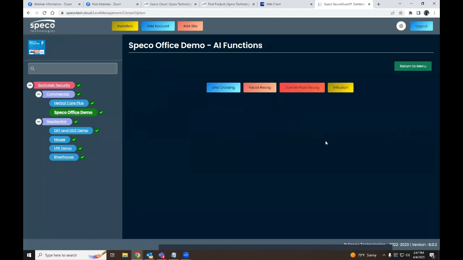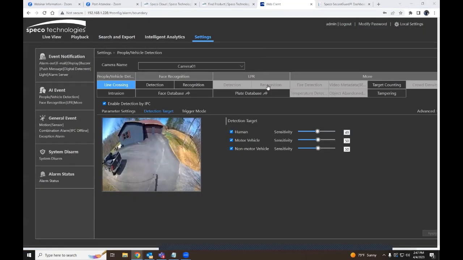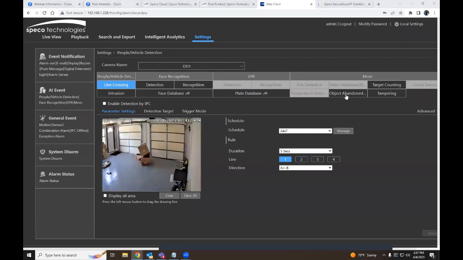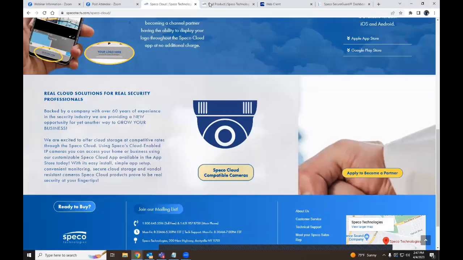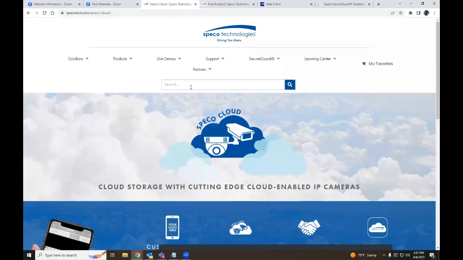But if we go back into AI functions: line crossing, facial recognition, license plate recognition, and intrusion. So those are the options that you currently have from the dashboard. This will continue to expand as we move into some things like temperature detection with our thermal camera and object abandonment. I know that certain cameras right now can run object abandonment. So this particular camera is our DD1 camera that everybody might have seen at the show. If not,